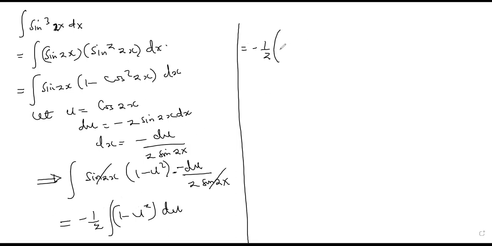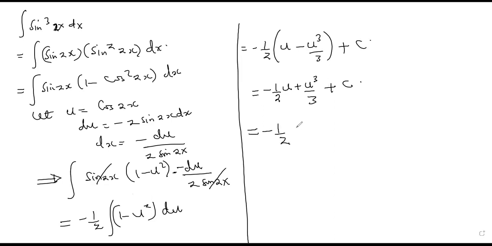When you integrate u, you get u. When you integrate 1, you get u. Then minus u cubed out of 3, as a constant. But then we have to substitute for the value of u, so it will be negative a half u first, plus u cubed out of 3, then plus a constant c, which is going to be negative a half,